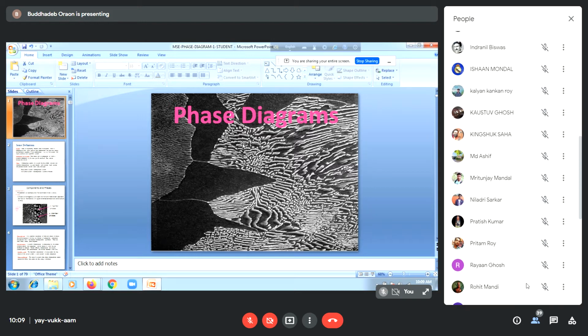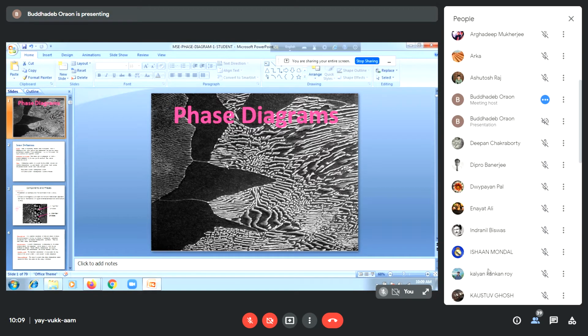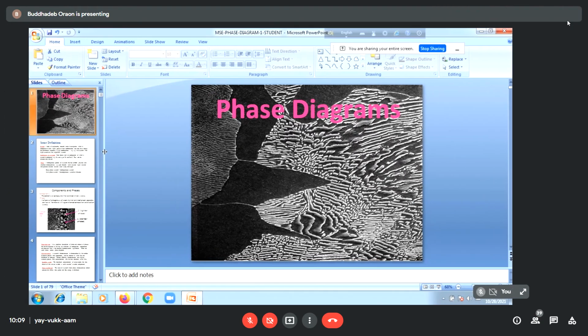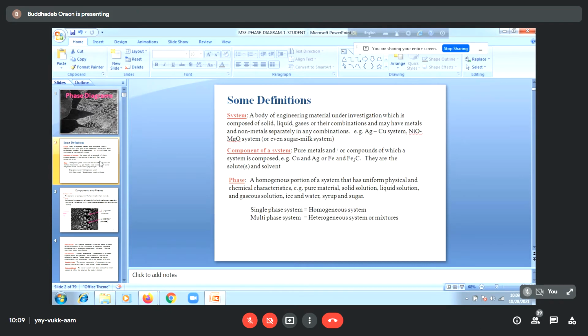We will be here mostly concerned with the solid phase diagrams. So some of the basic definitions that are required to understand the different aspects of solid phase diagrams are: